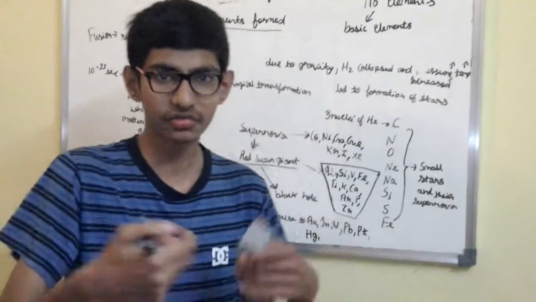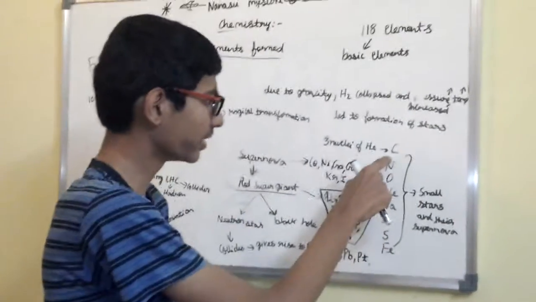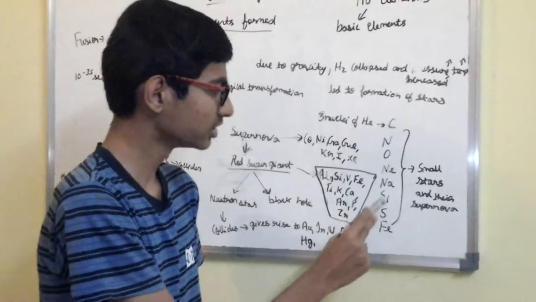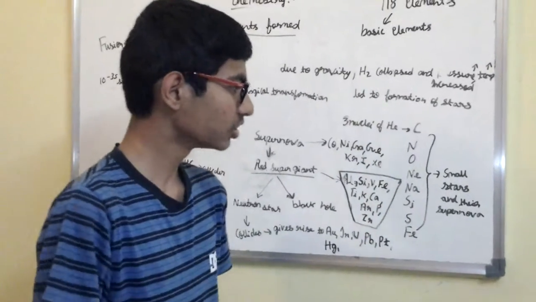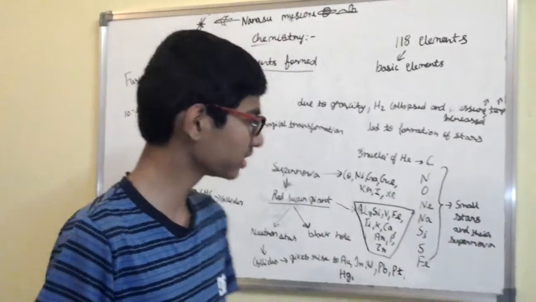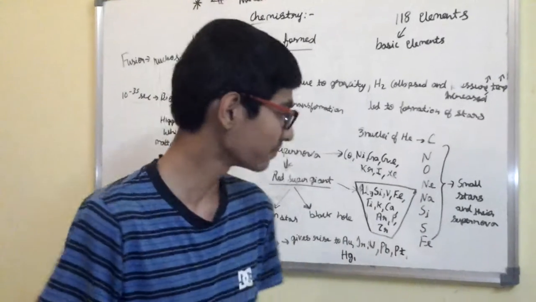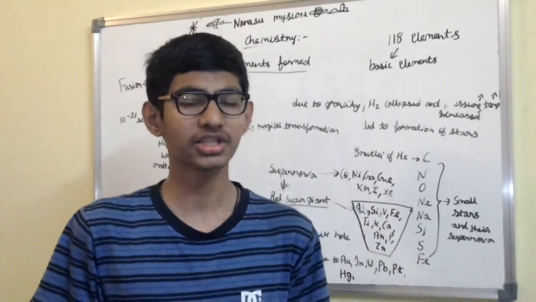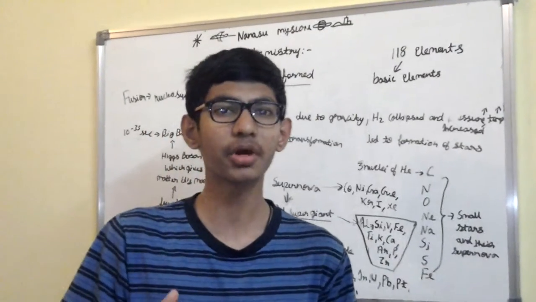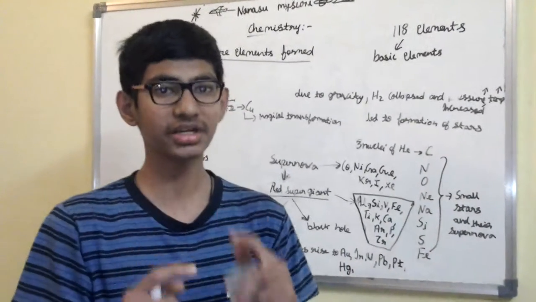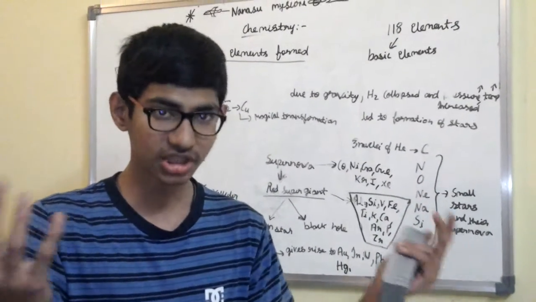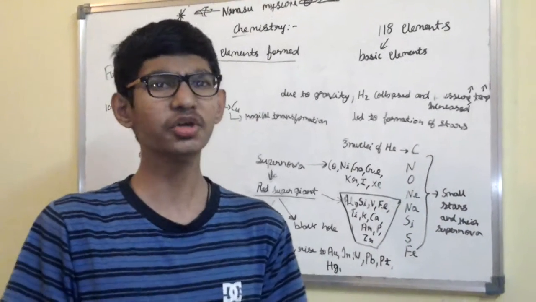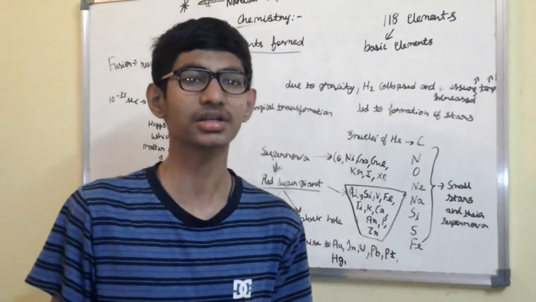So the helium which was burned, three nuclei of it went into carbon, then nitrogen, then oxygen, then neon, then sodium, silicon, sulfur, iron. The small stars created these kinds of elements in the core. When it came to iron, it's like a poison to the stars, whereas to us humans it's one of the most important elements. At the moment the iron is created in the star's core, the star's core collapses in a quarter of a second and goes into a huge explosion,